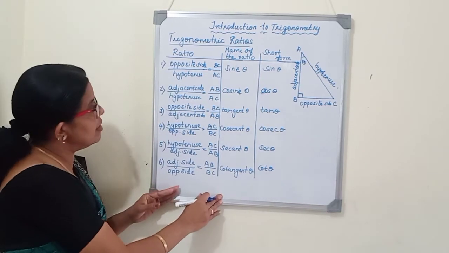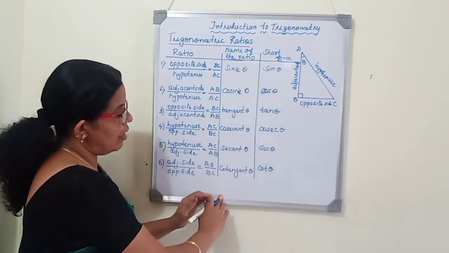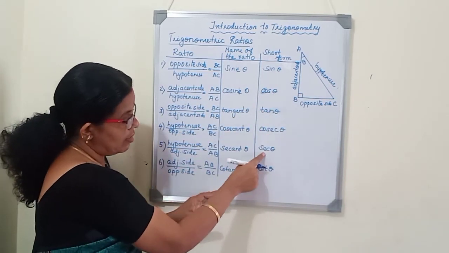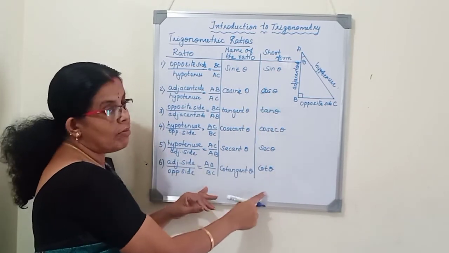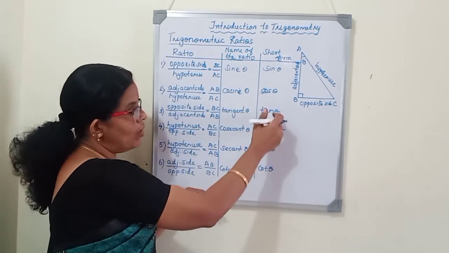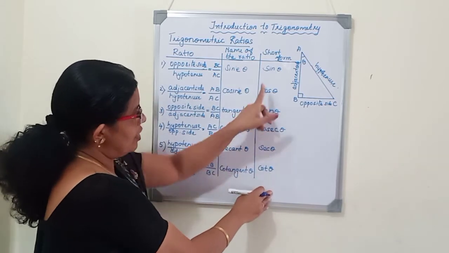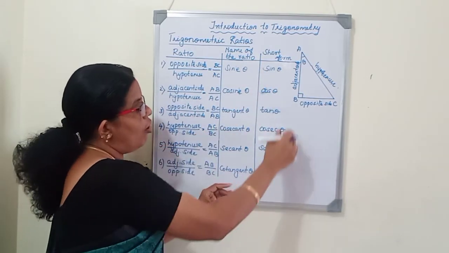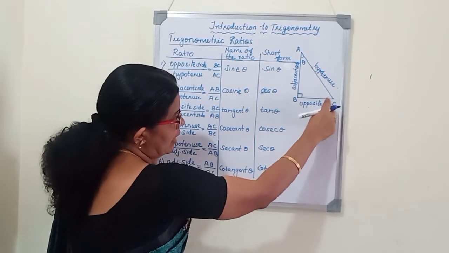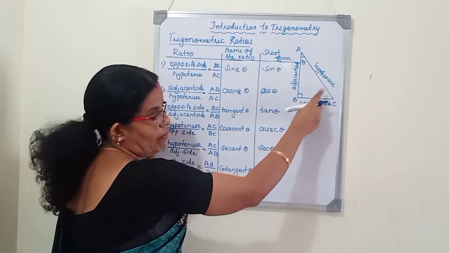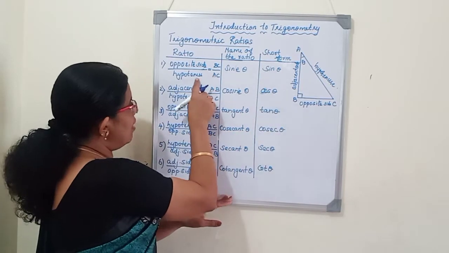So these are the 6 ratios. The first one is sin theta, cos theta, tan theta, then the reciprocals cosec theta, sec theta and cot theta. You have to write in the correct order so that it will be easy for you to remember, and later when you learn some other formulas, you want this order. If you change the order, it is difficult for you to learn. So first one is sin theta. Formula is opposite side by hypotenuse. There is no change while doing the sum. So sin theta is opposite side by hypotenuse.